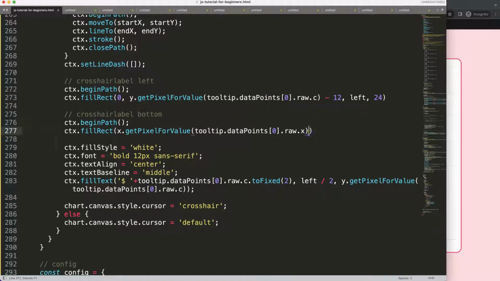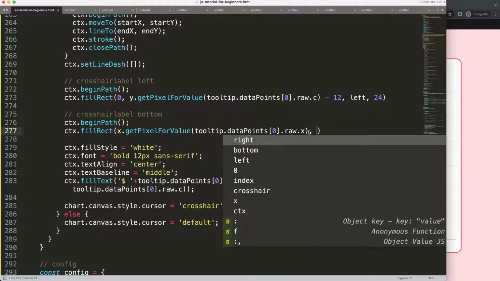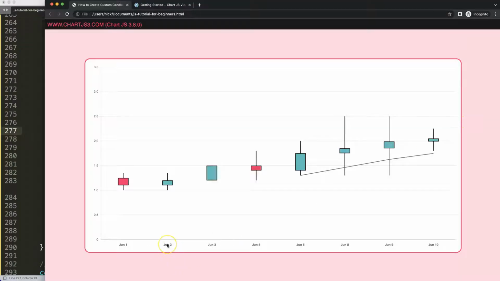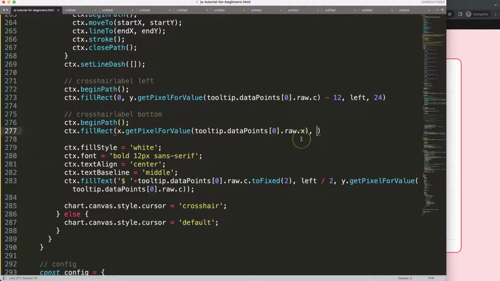Then the next one is, of course, we have to calculate the position of where we want to put it down. If I want to put it down here, I need to calculate the height of this plus the very top here. In this case, the top is probably negligible because there's no legend, but if you had a legend, there would be a top. So to avoid any mistakes, we always put in top plus height. That would always make sure that we have this item right, even if there would be a legend or a title, or something else above that might impact it. So we're going to say here top plus height,